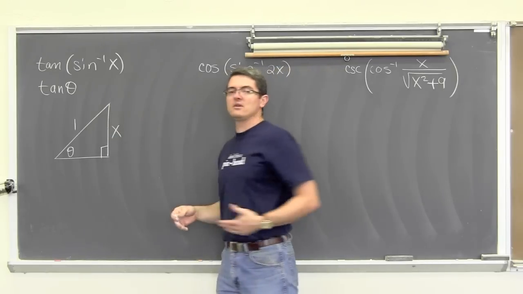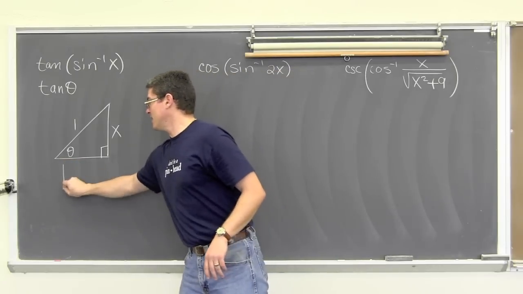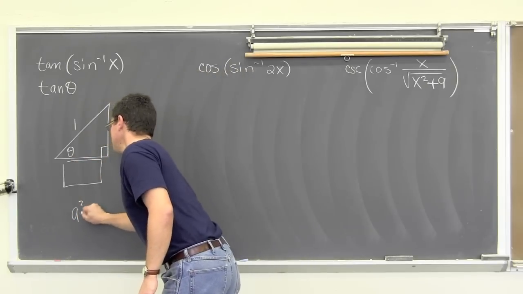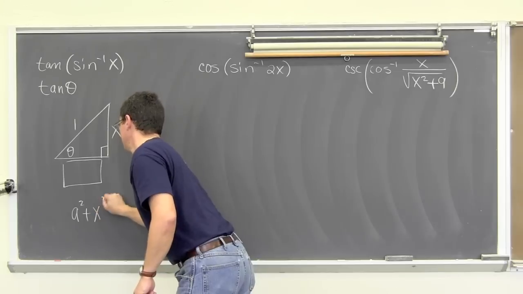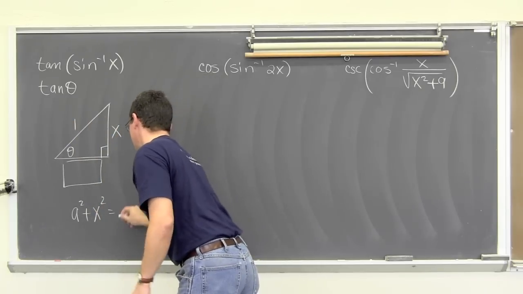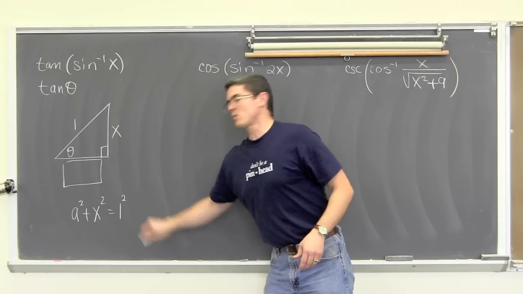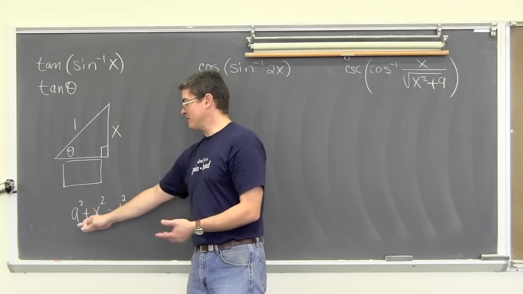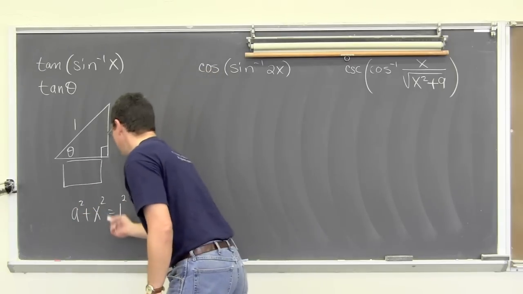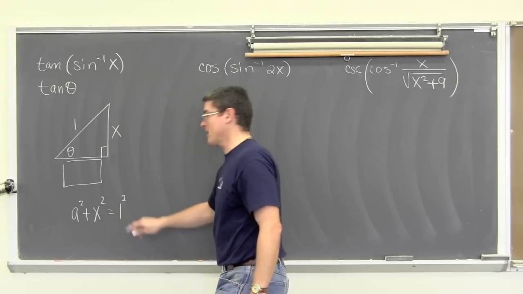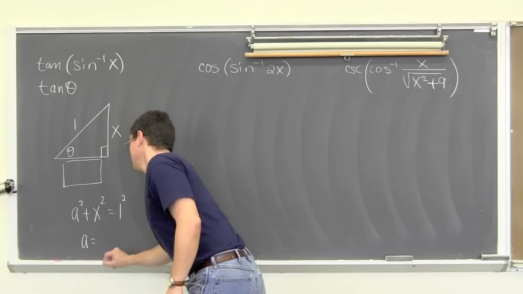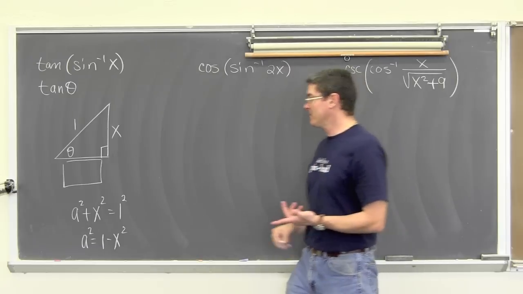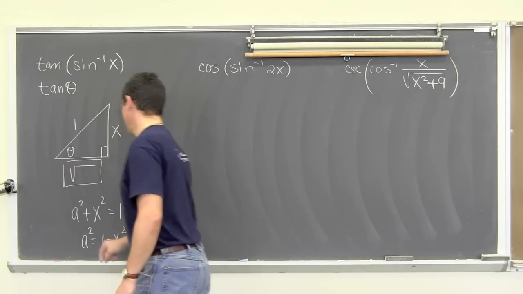So we're going to work out the Pythagorean theorem because we're missing a side of a right triangle. So let's say a squared plus b squared equals c squared. That's 1. Well, let's just put the square there for good measure. So we're trying to find this length. It's one of the legs, which I've identified temporarily as a. So we're going to have 1 squared is 1, and I'm going to move the x squared over with subtraction. So a squared is equal to 1 minus x squared,